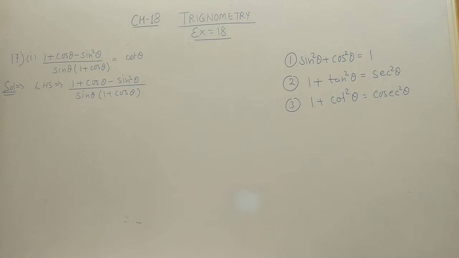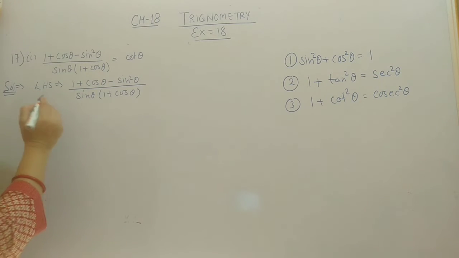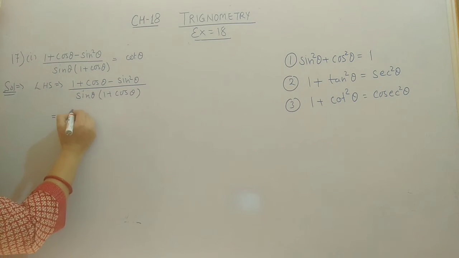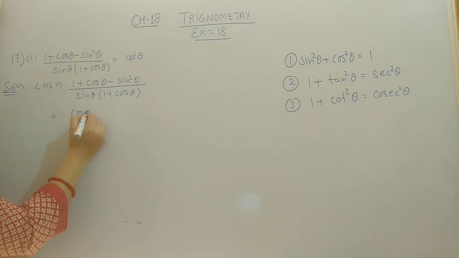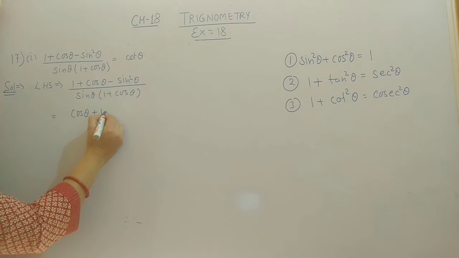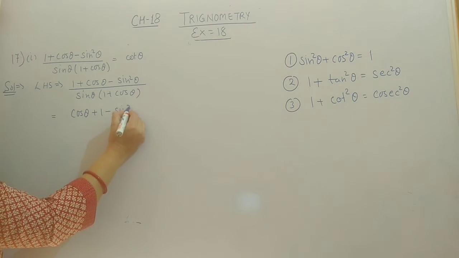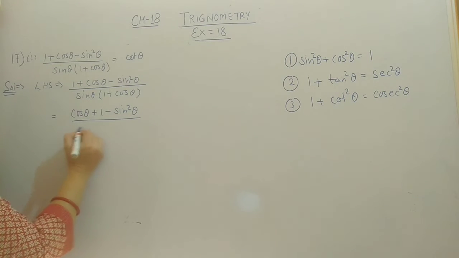Hello students, we are doing chapter number 18, Trigonometry, and today we will start from question number 17 first part. (1 + cos θ − sin²θ) / (sin θ (1 + cos θ)) = cot θ. We have taken the left side here. So first we will rearrange it. I am writing cos θ first, then plus 1 minus sin²θ, divided by sin θ